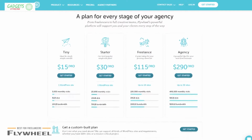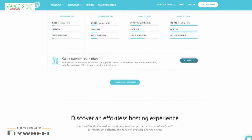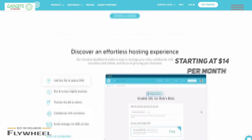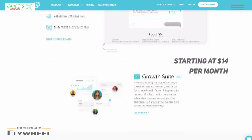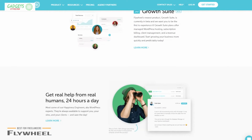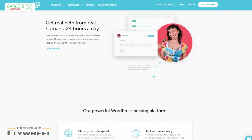Now we'll take a look at our choice for the best web hosting service for designers, developers, and freelancers: Flywheel. If you're a designer, developer, or freelancer, Flywheel's platform offers professional managed WordPress hosting, packaged with sleek workflow tools starting from around $14 per month. You'll have access to a completely unique next-level platform that allows you to quickly and easily build, launch, and manage